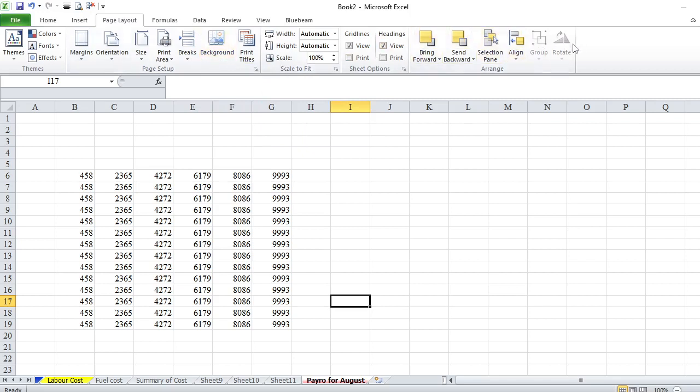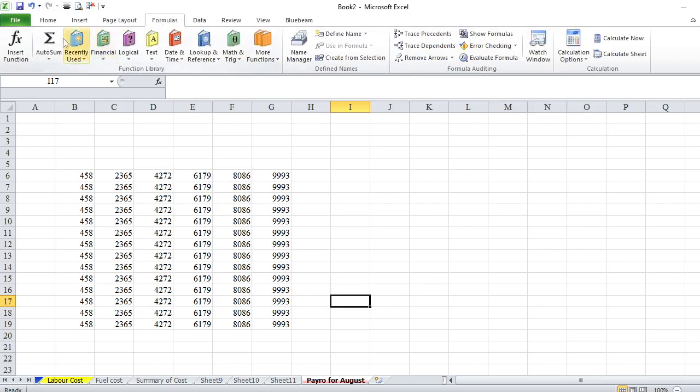All these are just to make your page beautiful and attractive. When you come to this, look, all these are the formulas. The powerful formulas are here in this command. Not only this, actually there are a lot of commands, it is impossible to indicate all formulas here.